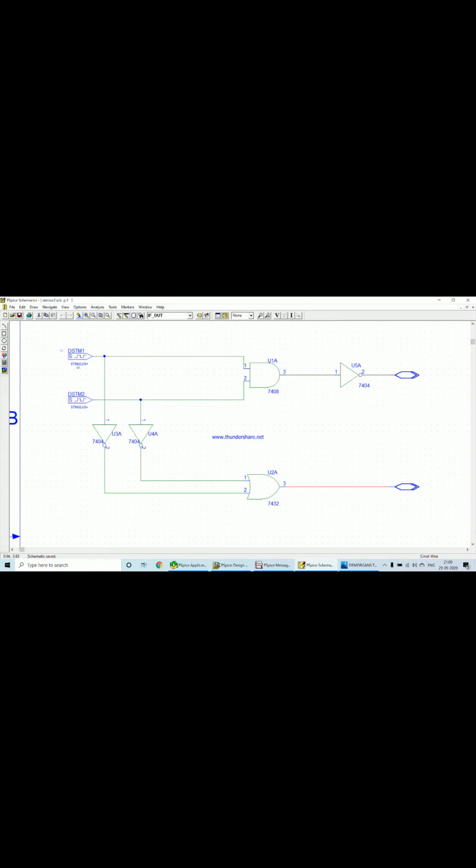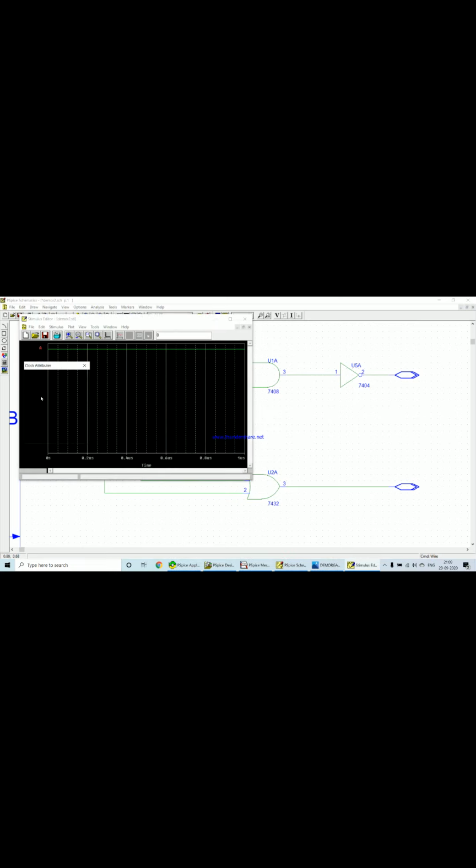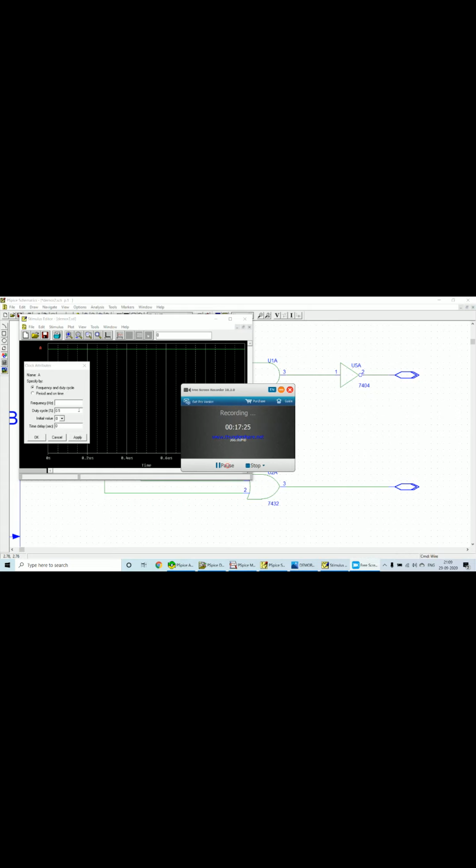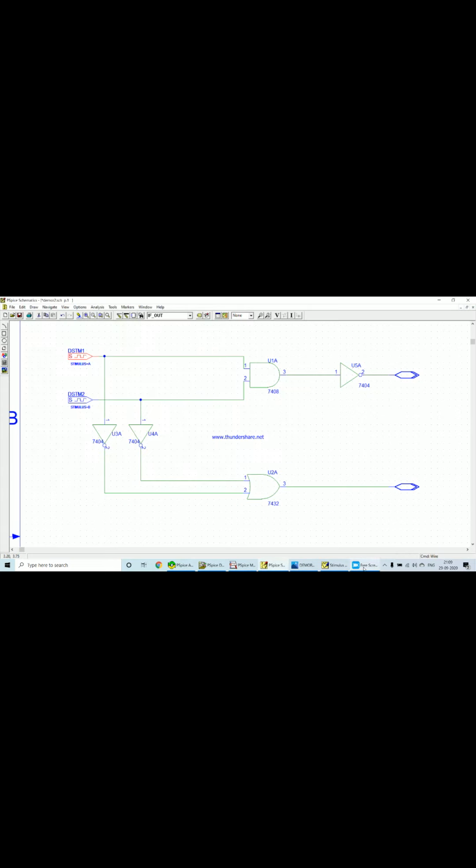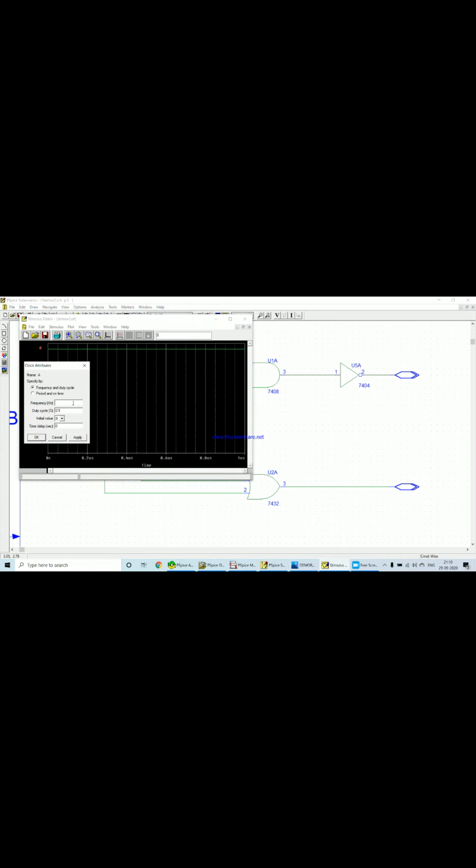Now give the stimulus. As you did earlier, the same thing you do now, so I will just do it fast. The input values are the same. For A, the period is 2 milliseconds and the on time is 1 millisecond.